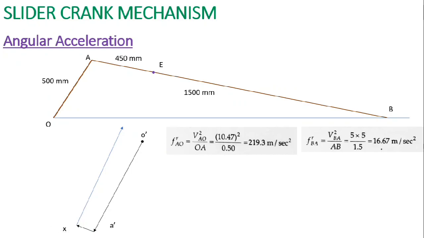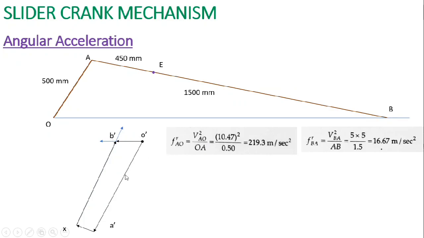Next, we know that the acceleration vector for the slider will be parallel to the horizontal. So from O dash, I draw the acceleration vector for the slider, and that intersects the tangential acceleration vector of the connecting rod AB. So both intersect at